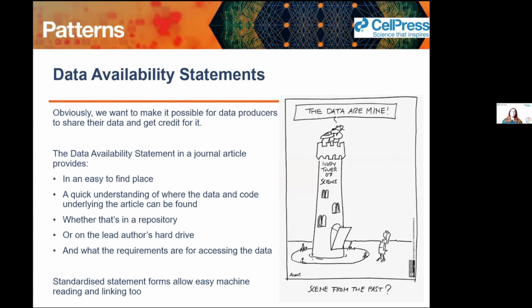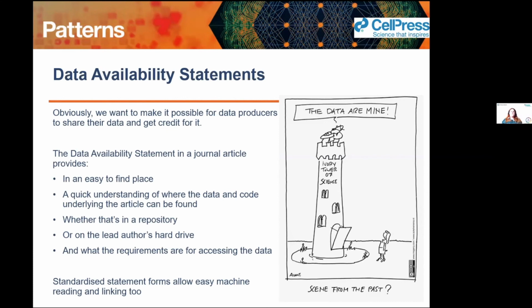And of course, we want to make it possible for data producers to share their data and code and get credit for it. And there's the data availability statements in journal articles, which provide an easy to find place for the authors and the readers to go, okay, the data sets used in this particular article can be found at this particular data repository.